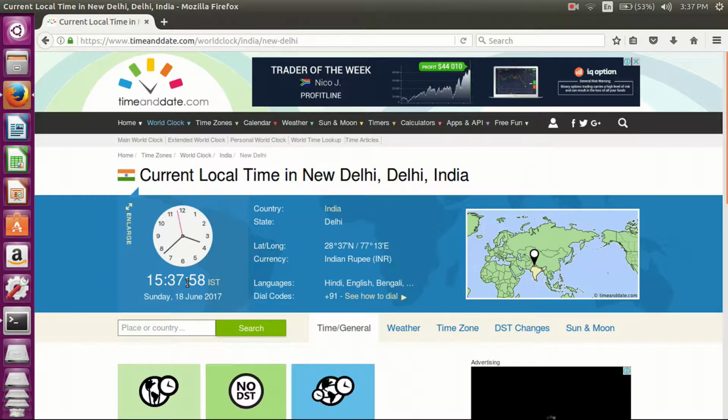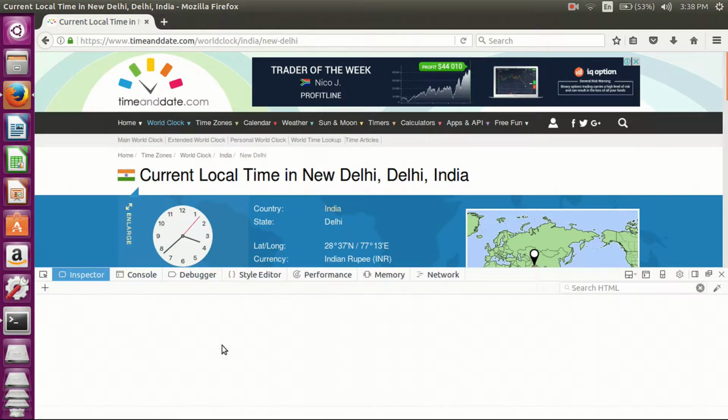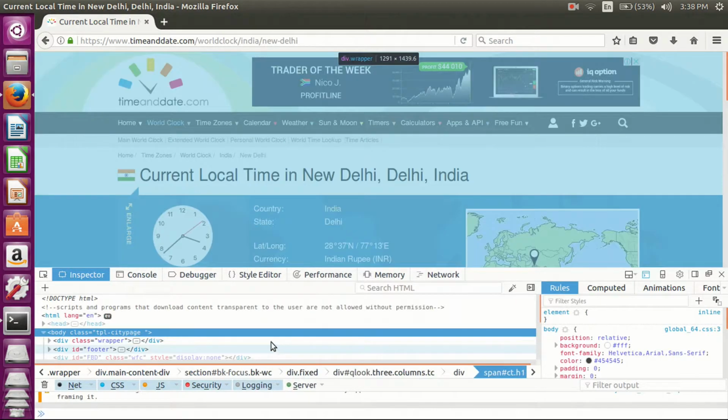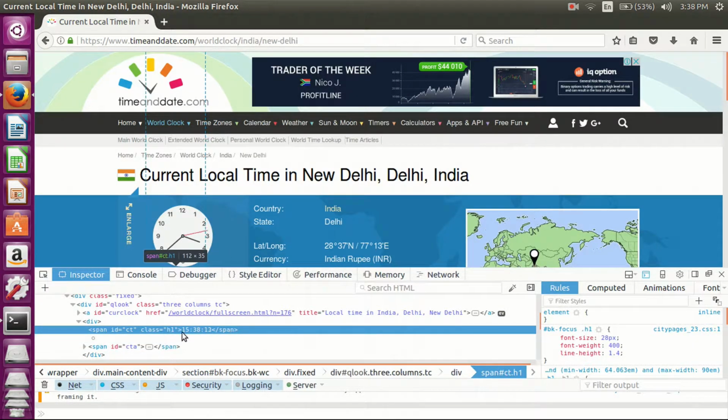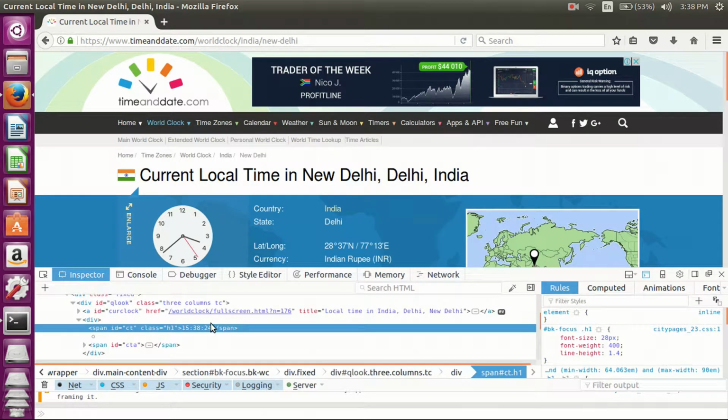So first of all, you have to go to this date, right click on this and go to inspect element. Here you can see this tag with a class and having a content showing us the current time. So how can you get this data from this web page? You have to specify the ID, whereas over here every class has a different ID. So how can you get this data and this ID? So let's